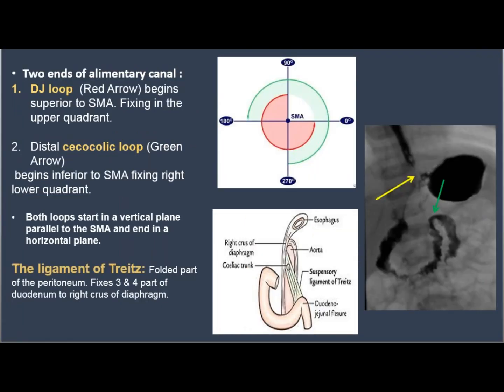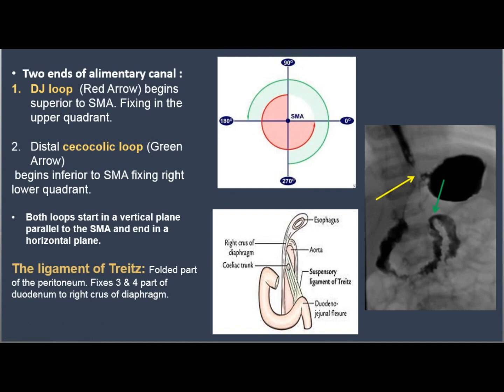Next slide, please, Victor. We have 2 ends of the alimentary tract. We have the duodenal loop, which is the red arrow. It starts superior to the superior mesenteric artery, and it will be rotated 270 degrees to be fixed in the left upper quadrant. While the cecocolic loop, which is the green arrow, starts inferior to the superior mesenteric artery. It will be rotated 270 degrees to be fixed in the right lower quadrant